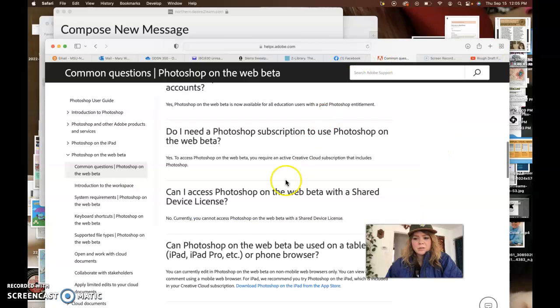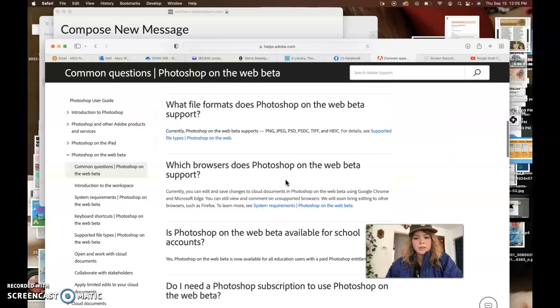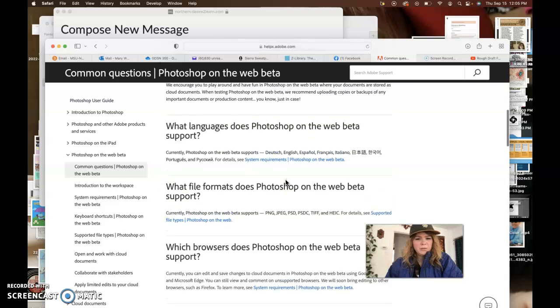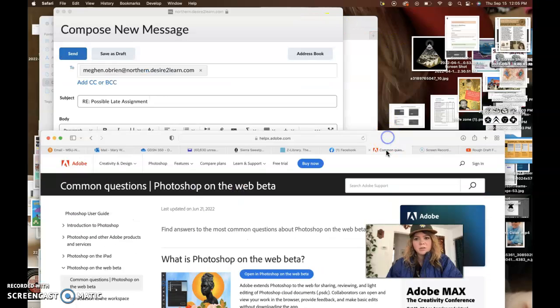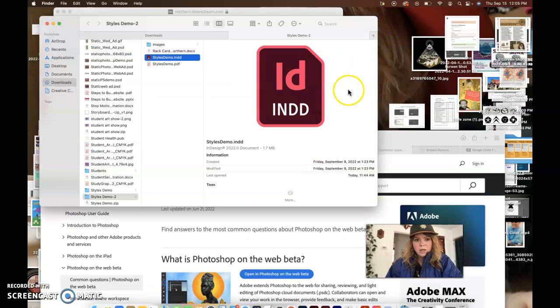Hi Megan, I just took a look at your screenshot and I think that is helpful. You're on Photoshop Web Beta. I don't know if that's because you're still in the free trial of Photoshop. It's kind of a new thing, so even I'm kind of unfamiliar with it. I just noticed from the screenshot that you attached